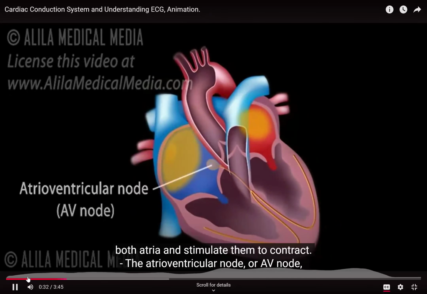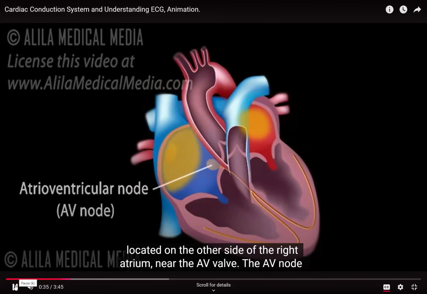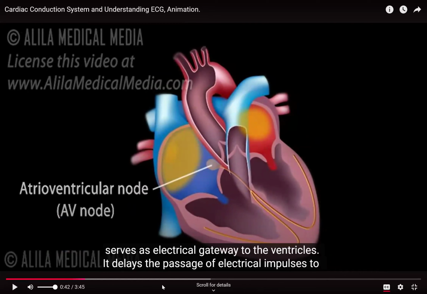The atrioventricular node, or AV node, located on the other side of the right atrium near the AV valve. The AV node serves as electrical